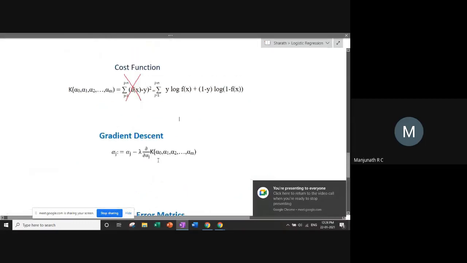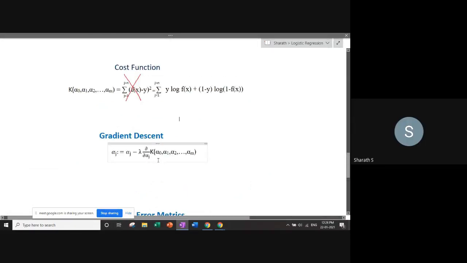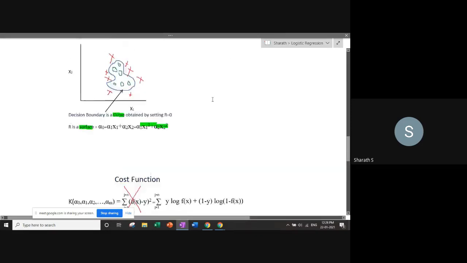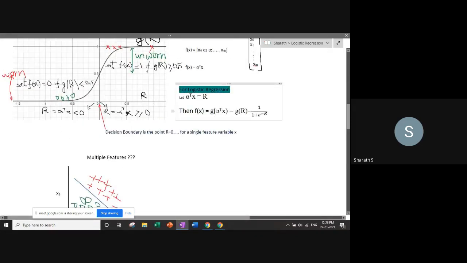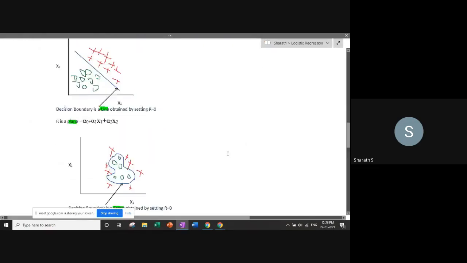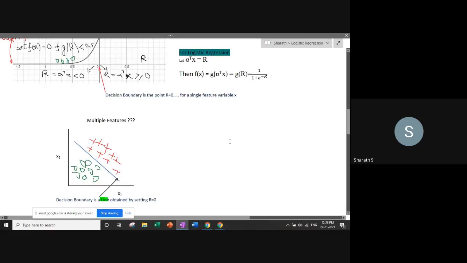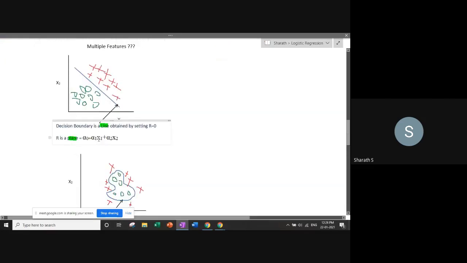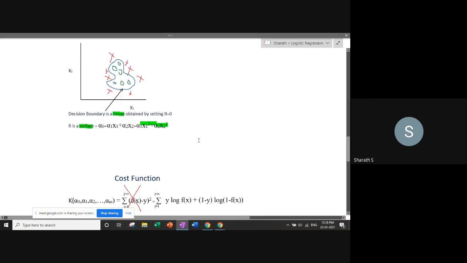Yes, sir. So now we come to the same concepts here. We just improved our linear regression model with an activation function, and that is a sigmoid activation function. And we said, what is the difference between linear regression and logistic regression? There it is in terms of the actual fit, and here it is in terms of decision boundaries.